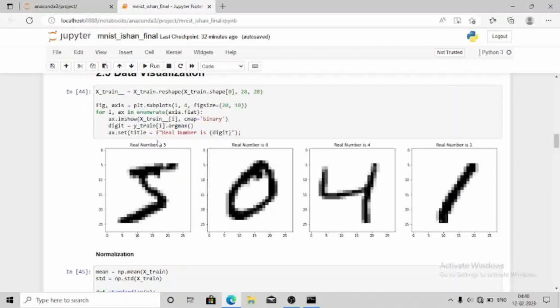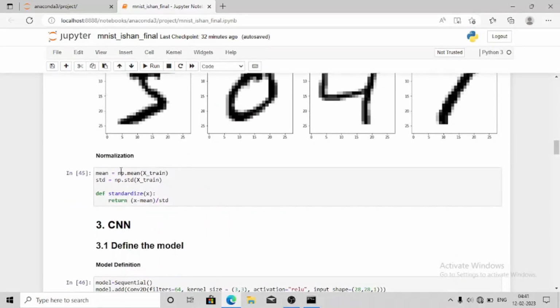So the real number is 5, so 5 is the label, 0 is the label, 4 is the label, 1 is the label, and these are the image samples. Further, we can perform other normalization, such as here we have performed a standardized normalization where each sample and each pixel value is subtracted from the mean and then divided by the standard deviation